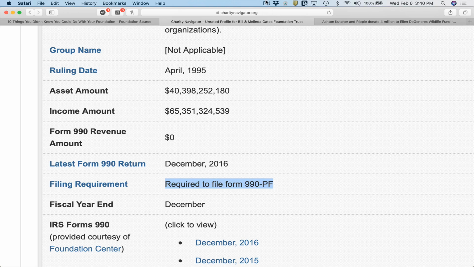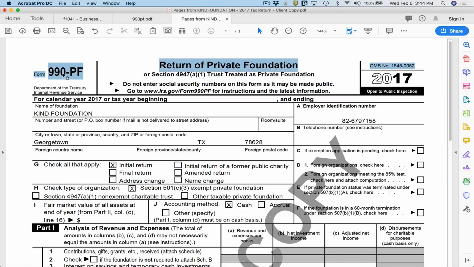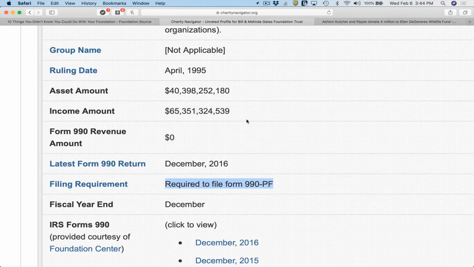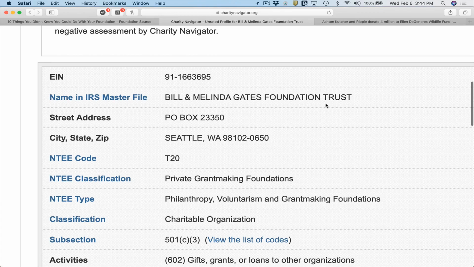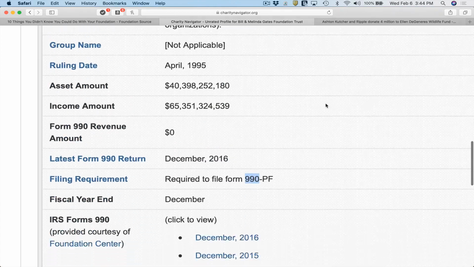990 PF form. This is the actual 990 PF form for our family's foundation called Kind Foundation. And you can see here, it's a 990 PF. It's for the year 2017, and it is a return of private foundation, or a trust treated as a private foundation, okay? Now, when you go to this website, whenever you see required to file 990 PF, that's what we're talking about. So Bill and Melinda Gates Foundation is a private foundation,